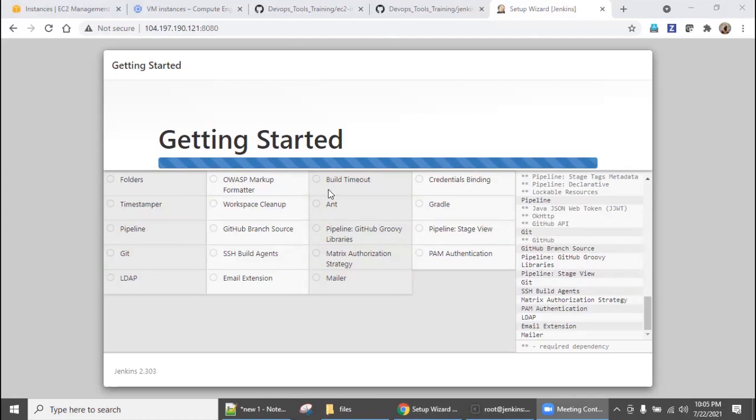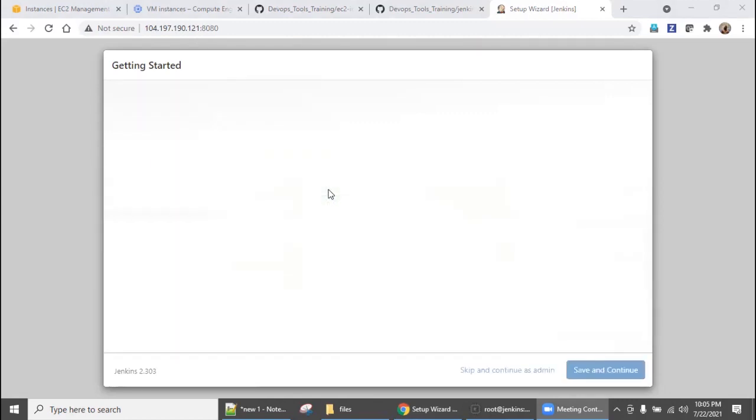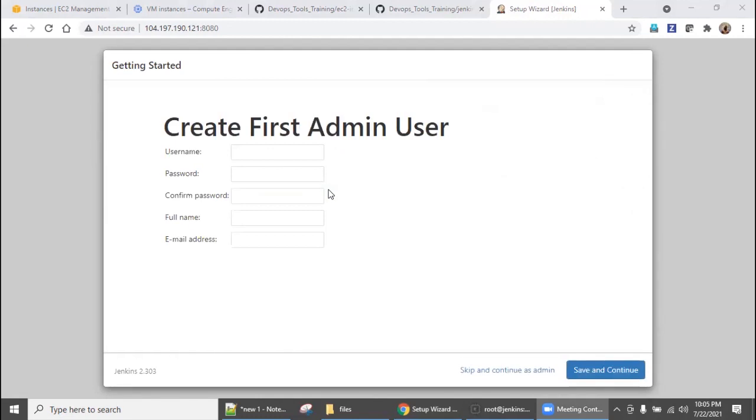The more you try, the more you will get what is going on in hands-on, even though you are not working in so-and-so technologies. So we will set the username. Password is 12345. Make it very simple. We are learning. We are not trying to prove anything. So Cloud and Loud, and the mail ID.com, and save and continue.